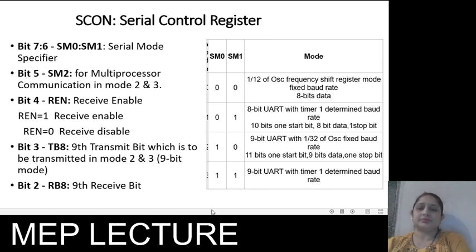So, the serial control register decides the modes for serial communication, that is mode 0, mode 1, mode 2 and mode 3. Mode 0 means it transmits only 8-bit data. Mode 1 means it transmits 10 bits, of which 8 are data bits, 1 is the start bit and 1 is the stop bit. Then mode 2 transfers 9-bit data, where 1 is the start bit and 1 is the stop bit, so the total is 11 bits. And the last mode, mode 3, is similar to mode 2, only the baud rate is different, which is determined by timer 1.